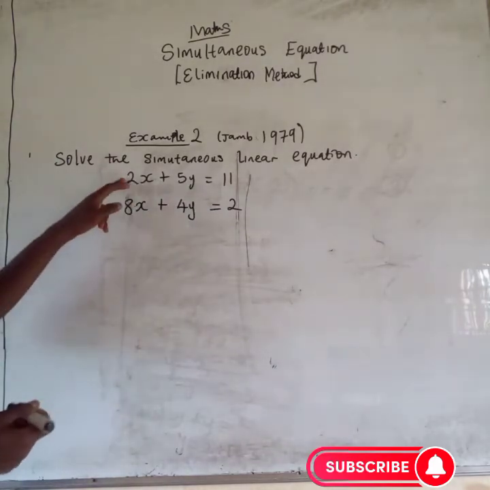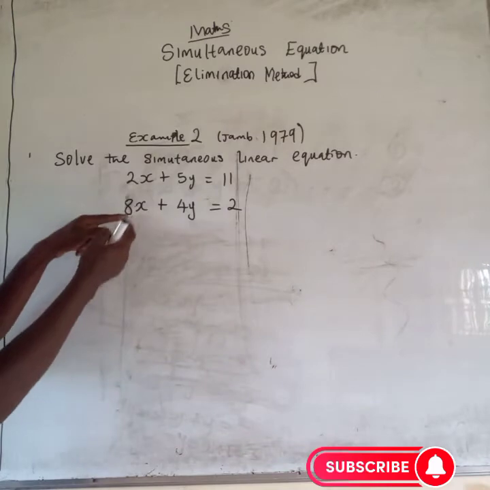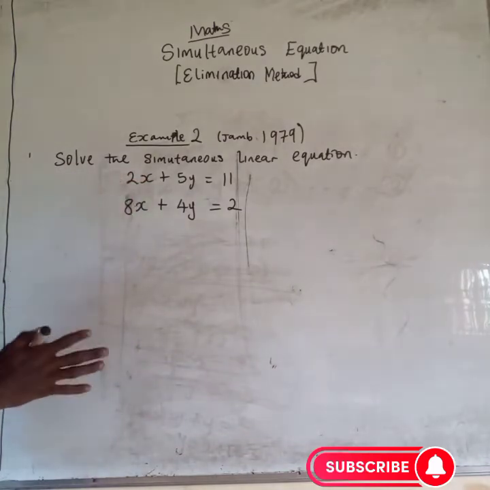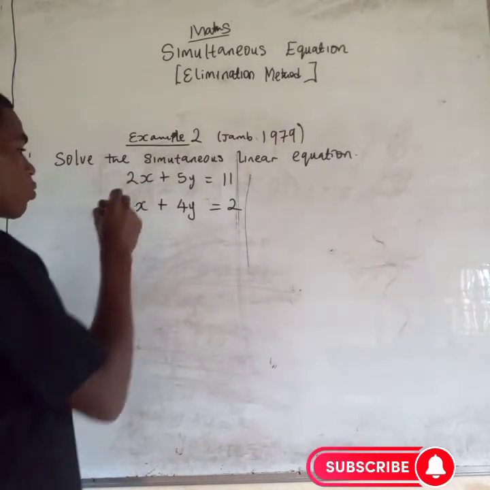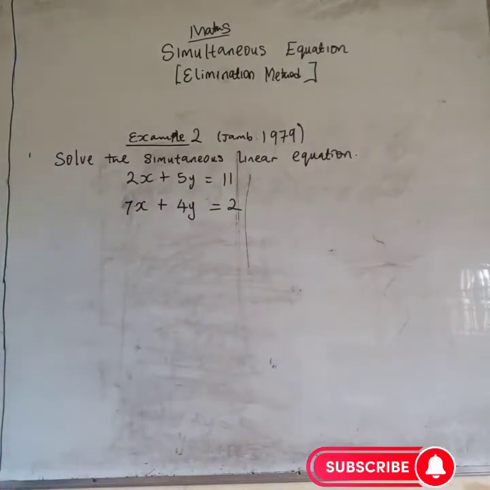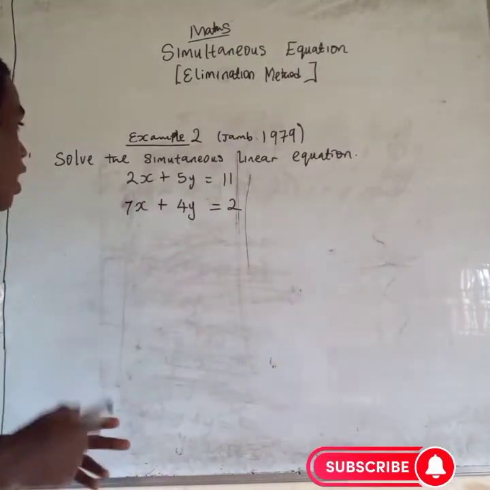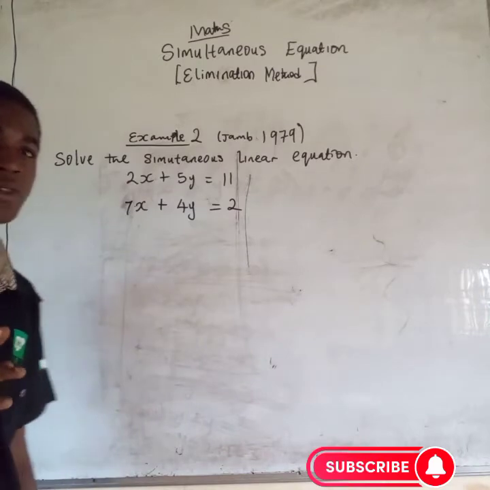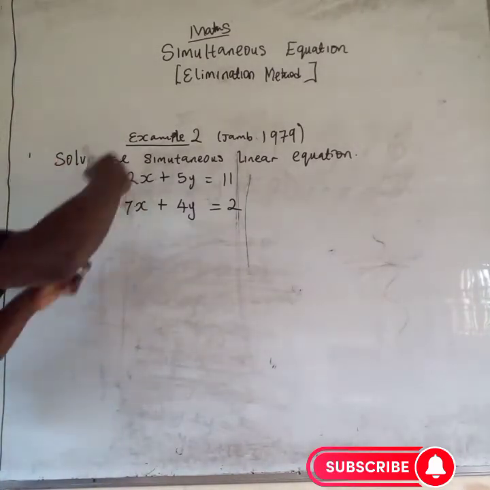So if we multiply this place by 4, automatically this will become 8x. Everything will be the same. But since this is 7, it won't work like that. So that will lead us to a method where we do what we call